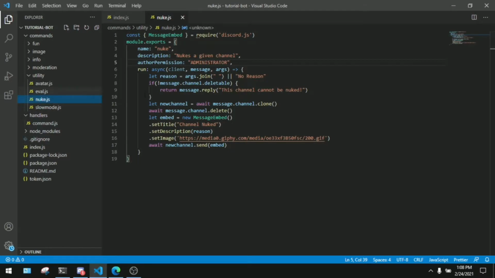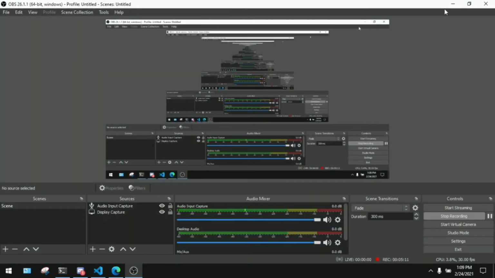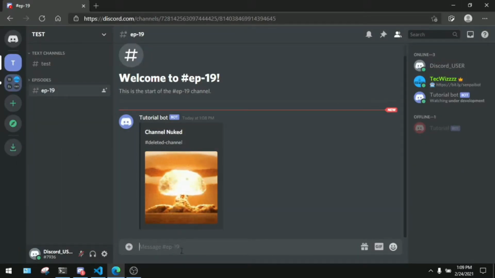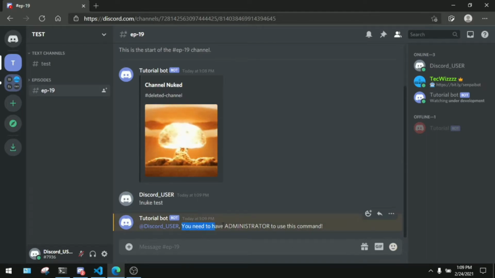See the deleted channel in the reason property. There's something wrong with our nuke command. Oh no, wait, it's fine. I just had to input the reason and not the channel. Oh, I'm so stupid. And now if I try the same command with my alt account, let me just log in. And here I have my alt account. And if I try to use this command saying nuke test, it's gonna say you need to have this permission